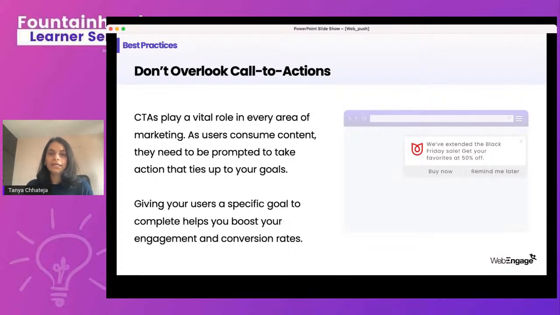For example, it could be buy now, or if you're running a Black Friday sale, then you want the users directly to go to your platform. Or if you're sending out very specific messages, such as offers on limited products, or a selected category of products, then you might want to get users through CTAs onto those platforms.